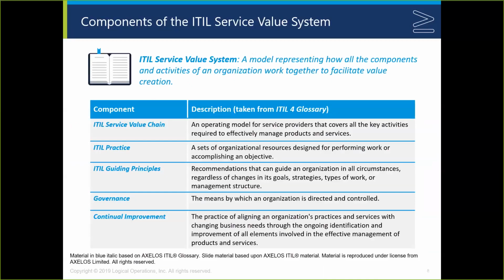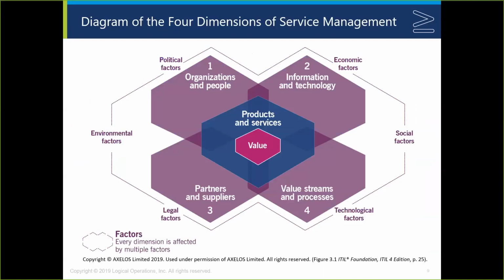Now, we're going to cover all this in more detail later, but just to give them a sense that basically there's two main parts of the framework. The first main part of it is this notion of the service value system. And then the second main part of it is this idea of the four dimensions. This is a big change. Lots of people traditionally have thought of ITIL as a process framework, right? And you can argue a lot about that, but that was never really the point, that the point of processes is to help support services and service delivery and outcomes. But a lot of people don't really understand that.